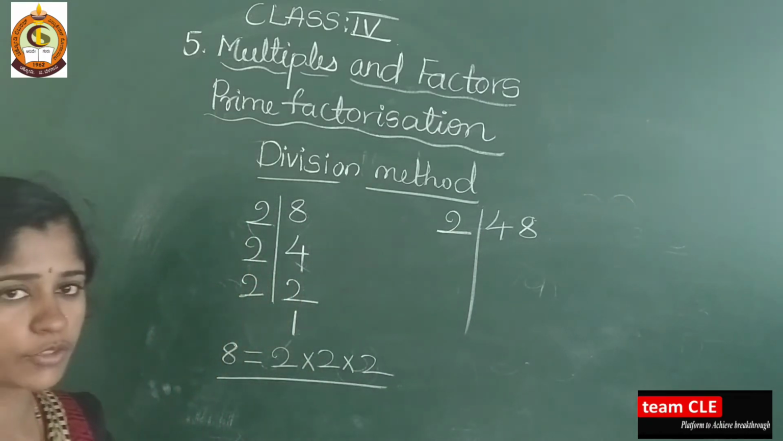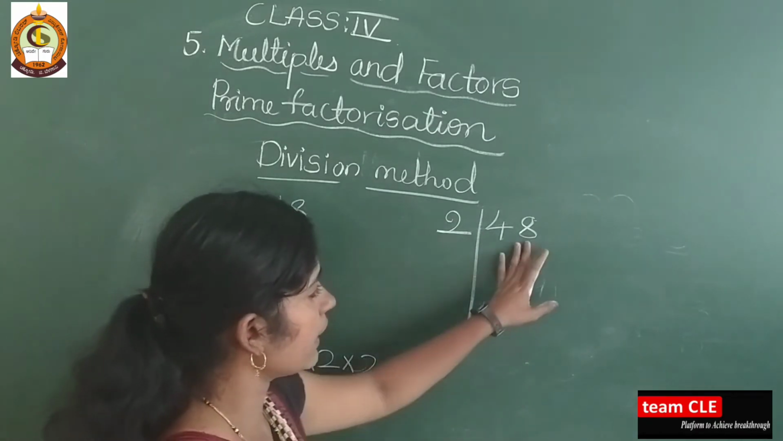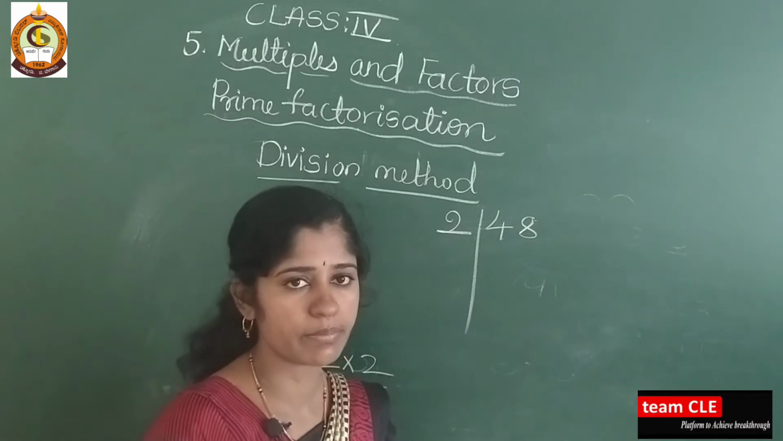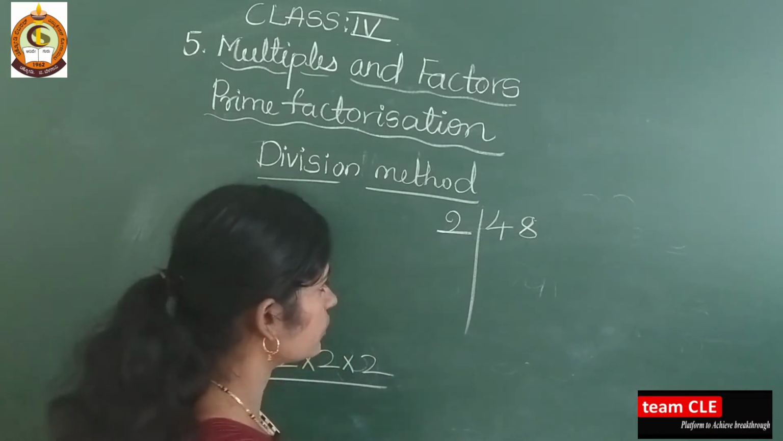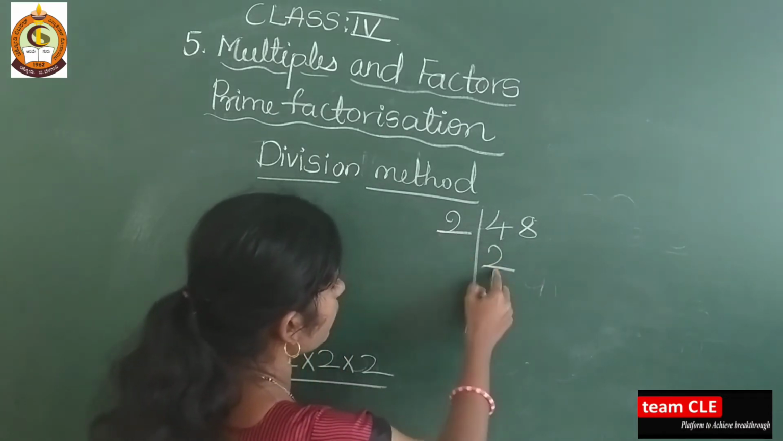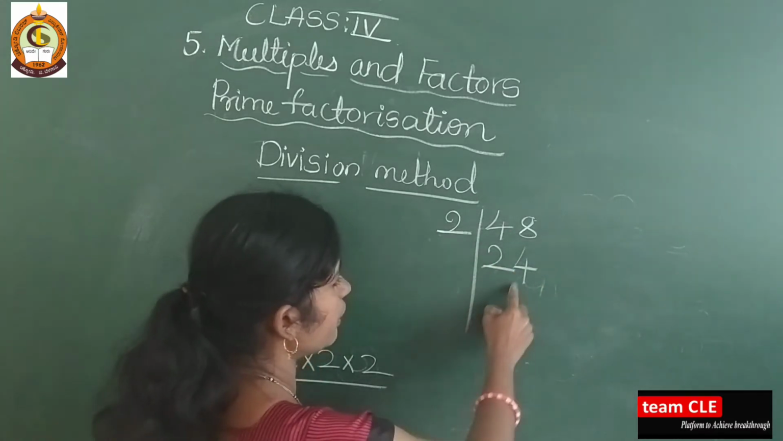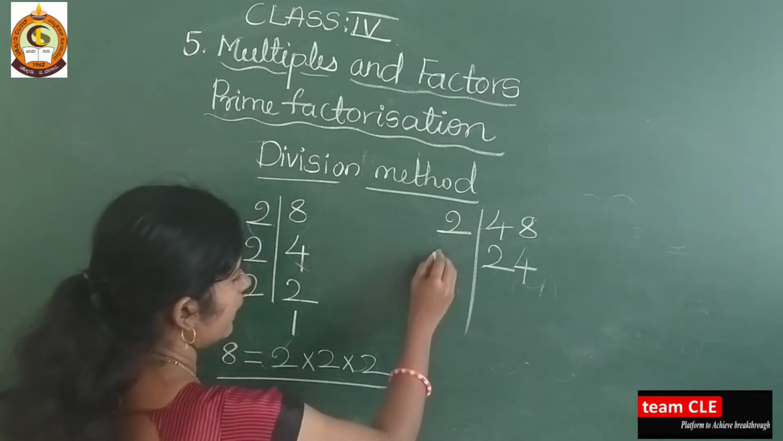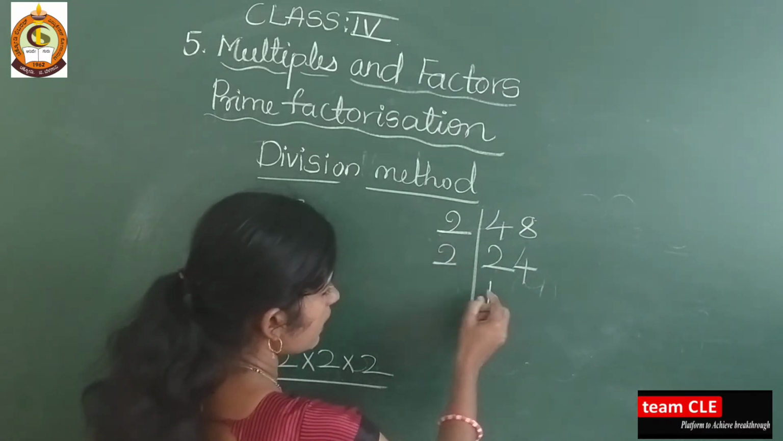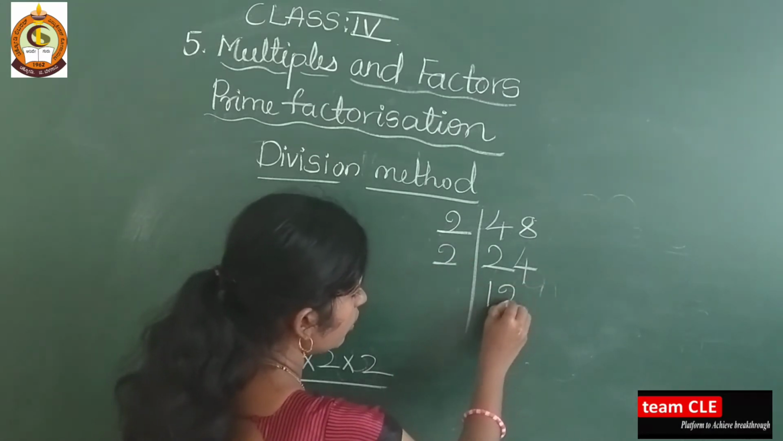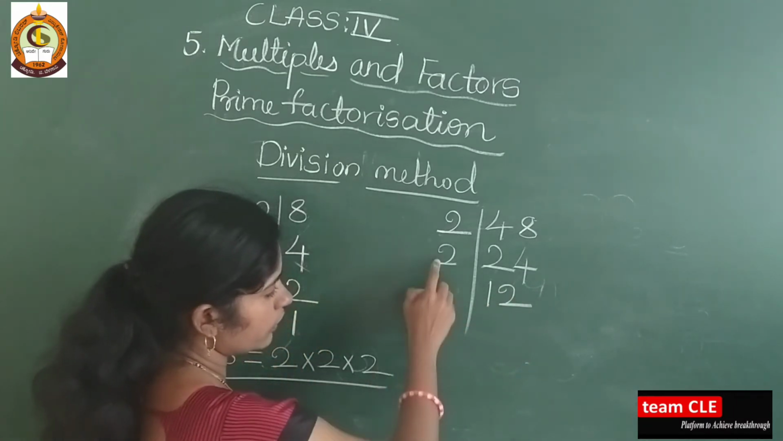So already I told the divisibility rules. See here, 8 is there, which means the number is divisible by 2. So right here, 2 2s are 4, 2 2s are 4, 2 4s are 8, which means 2 24s are 48. Next again you take 2, 2 1s are 2 and 2 2s are 4, 2 1s are 2,